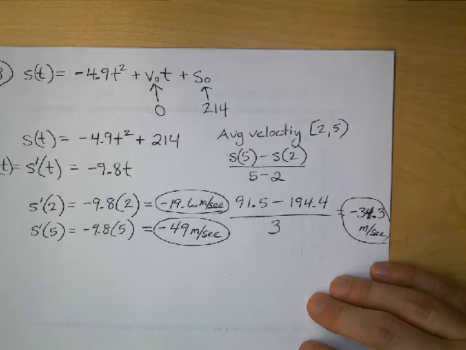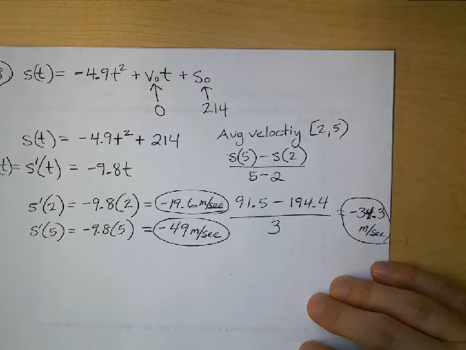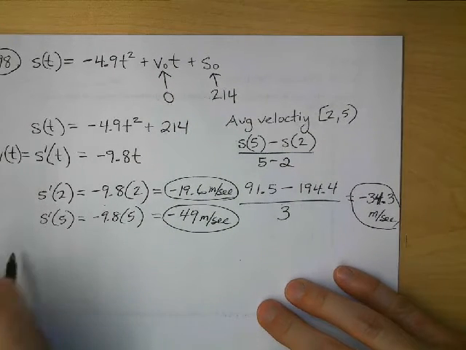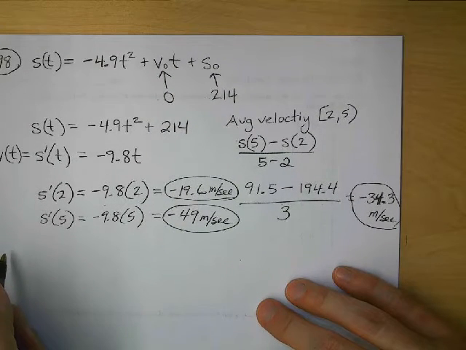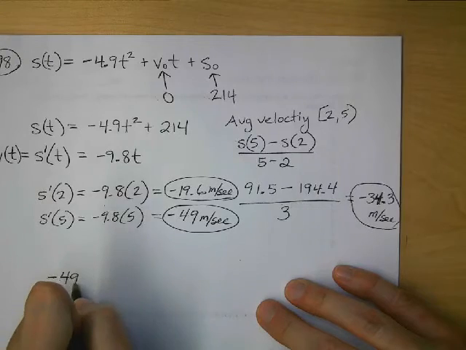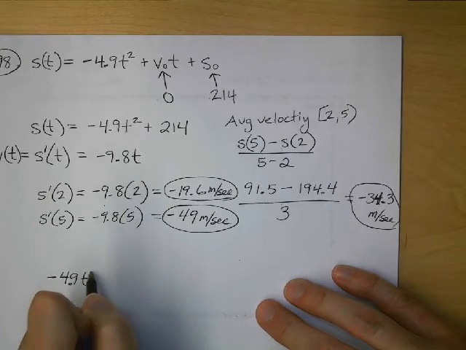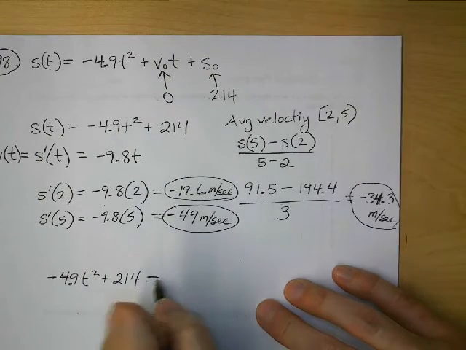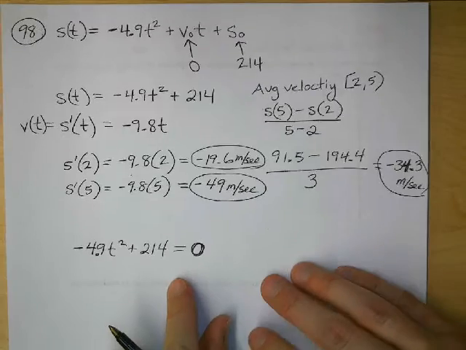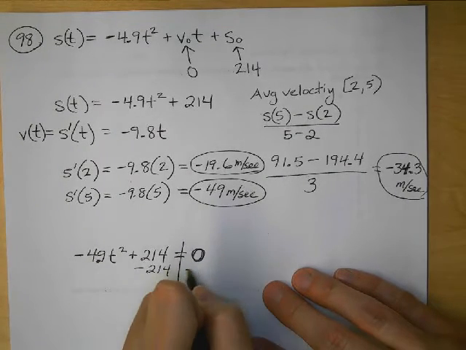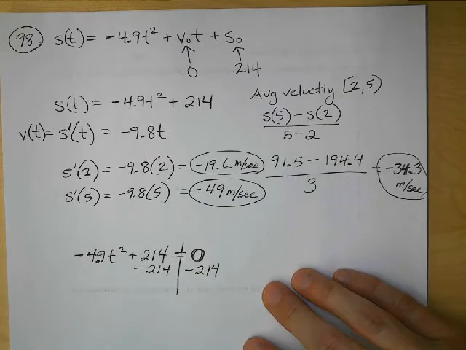Okay, and then find the time required for the rock to reach the surface of the water. What would you do for that one? You said set it equal to 0. Yeah, which of those equations above would you set equal to 0? The position function. When is the position at level 0? That's right, good job. So you take that s of t function. When does that equal the surface of the water? So like when would that equal 0? So you can just subtract 214, divide by negative 4.9,